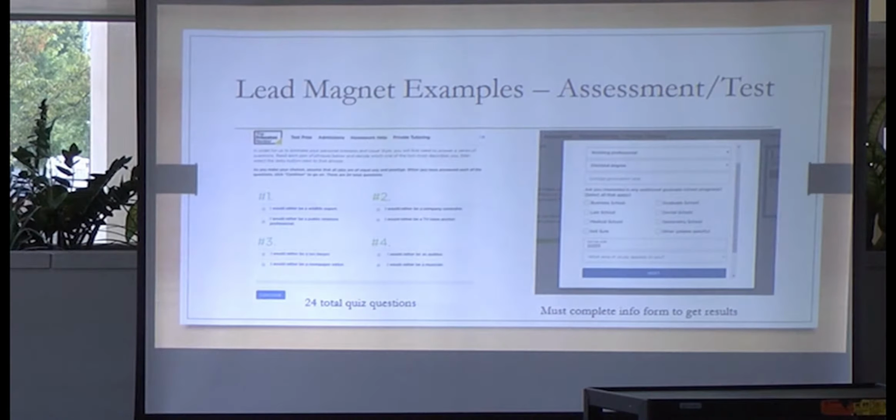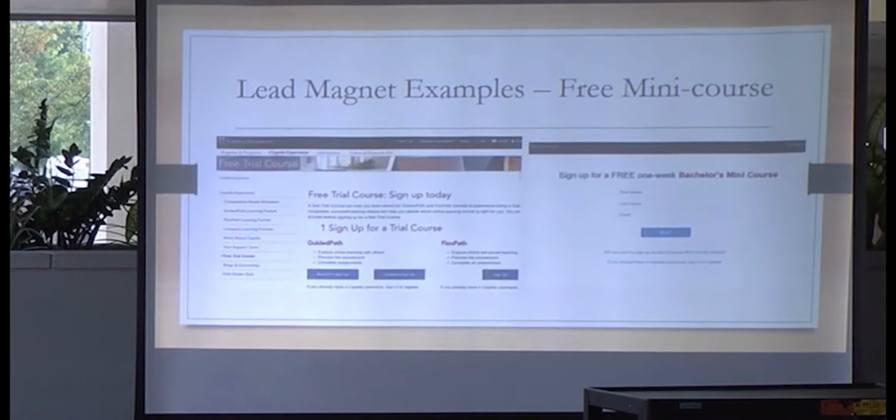These are the kinds of things that you could also put out as a lead magnet. The student gets to fill out the information for free without even having to provide any contact information. In order to get your score or more information, you enter your information and then you can find out where you rank on this scale. So that's another example of a lead magnet.